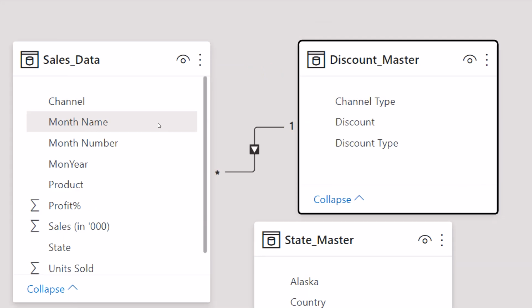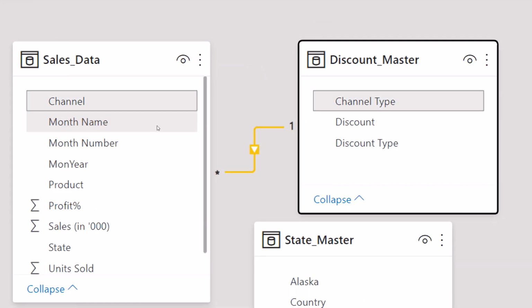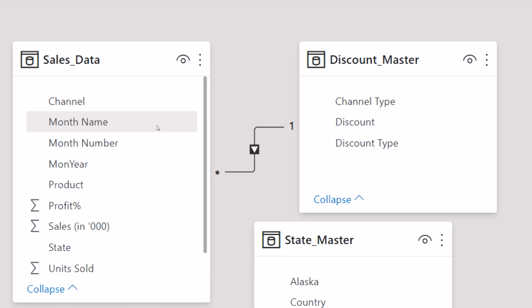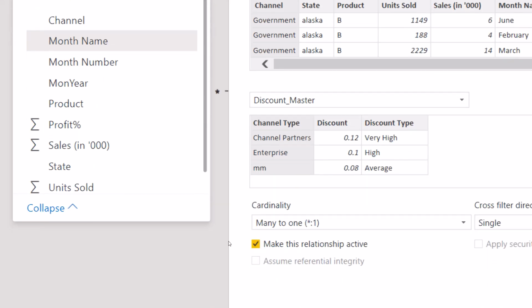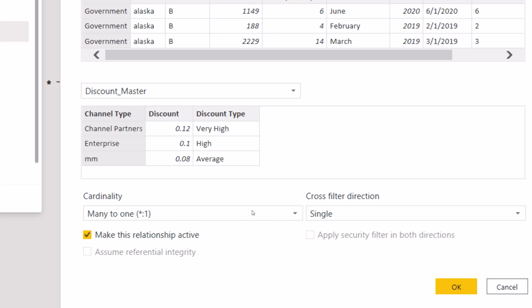So here the relationship has been created automatically, but I would suggest you check the relationship manually also. Here the channel column belongs to sales data, the discount master table contains channel type, and we have created a many to one relationship.